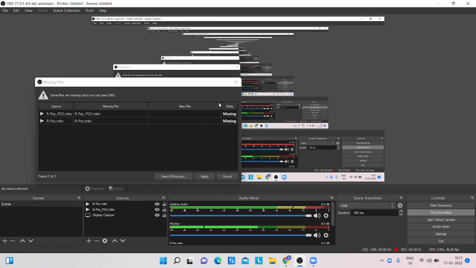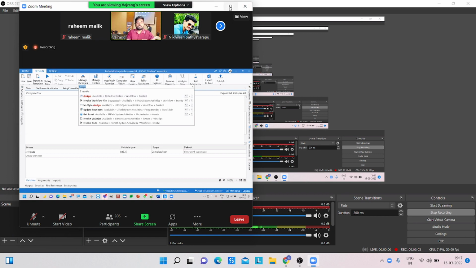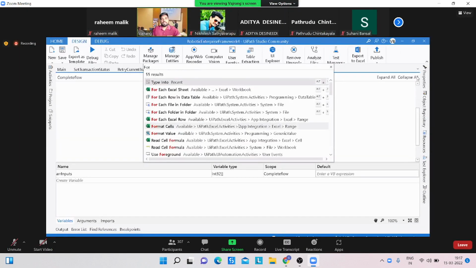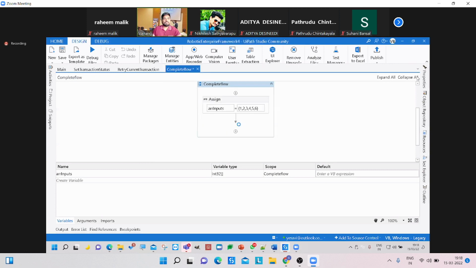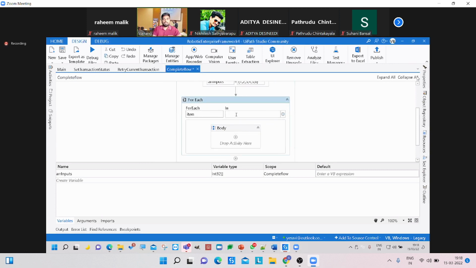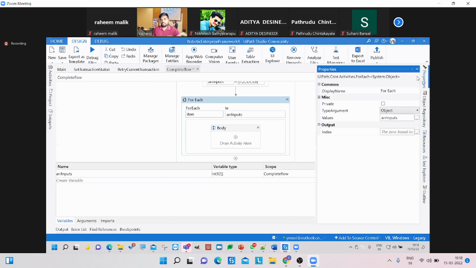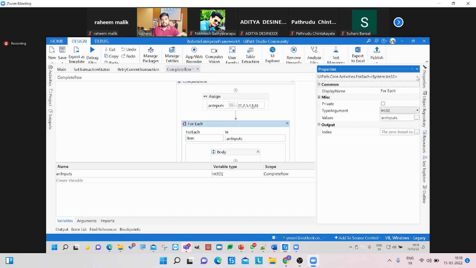So this is my input that is fixed, and let's do a for loop. So again, if you're thinking that this is what I'll explain, no. Let's first write the logic and then understand how we are going to use them. Here we are going to take an array of inputs, and the input should be an integer. So in the properties, let's change this to an integer because this contains an array of items and integer